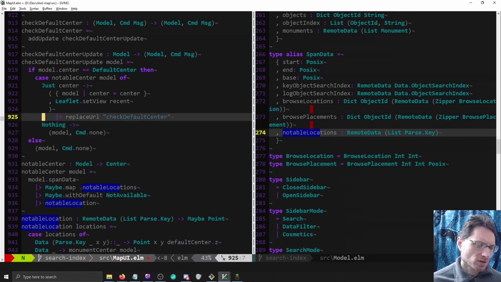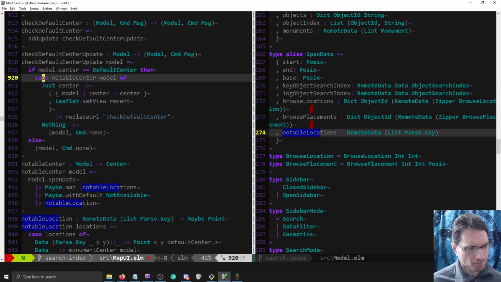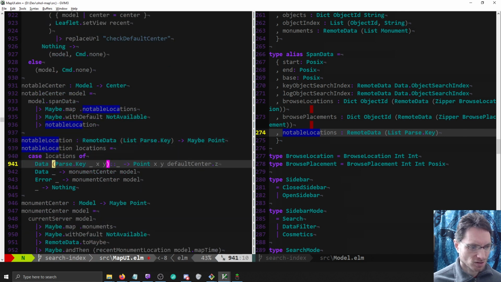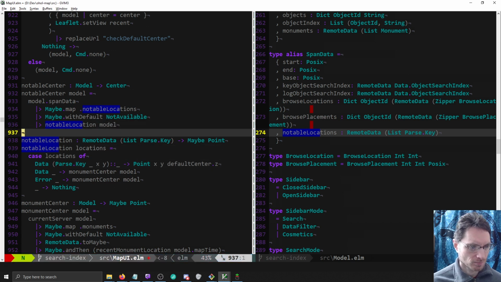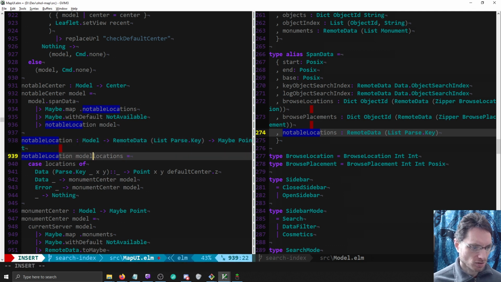No, that's off a little bit because we have that one indented. And we're only doing this processing if we're currently there. This is actually kind of like Notable or Monument Center. Notable location. Oh, you need model, so that means this needs model. Since we're calling down, I was kind of hoping to get that out of here,